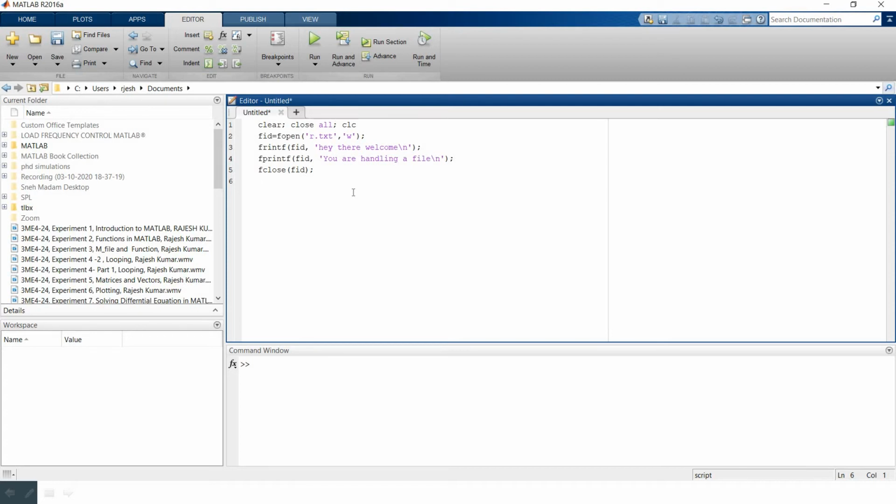To create the text file, you use fopen with r.txt, the file name with the extension .txt, and use w to write on that file. For writing, we use the fprintf command. And then for closing, we use fclose(fid). So let's save this program.